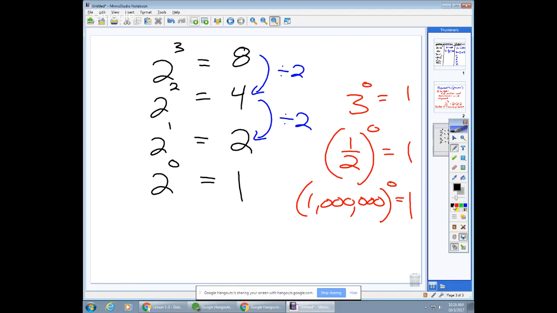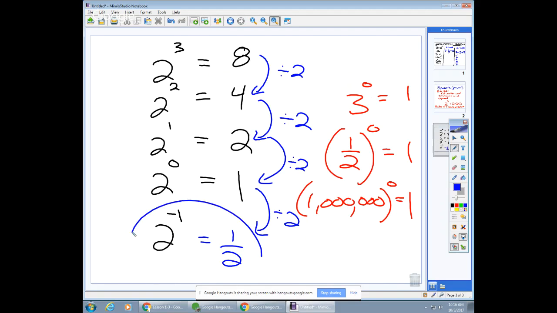And again, last week we took this one step farther. 3, 2, 1, 0, next logical number, -1. If I continue the pattern of dividing by 2, then I'm going to get 1 divided by 2, which I could write as a fraction, 1/2. So a negative exponent means flip the base. And we need that to talk about small numbers. For example,